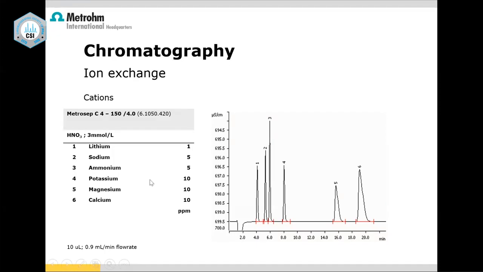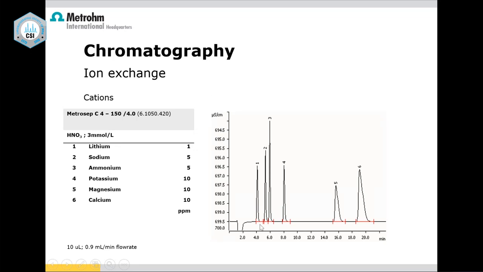Now, in this example, I want to point out that the first 4 ions are all singly positive. But if you see their size, lithium is smaller than sodium, then ammonium, then potassium. But if you see potassium and magnesium, potassium is bigger in size, but its charge is less than magnesium. That is because magnesium is bound to two sides, two SO3 minus or two CO minus groups, so pulling it out is very difficult. So it is always the charge and size ratio which matters, which is going to determine who is eluted out first. So this is what I want to convey here.